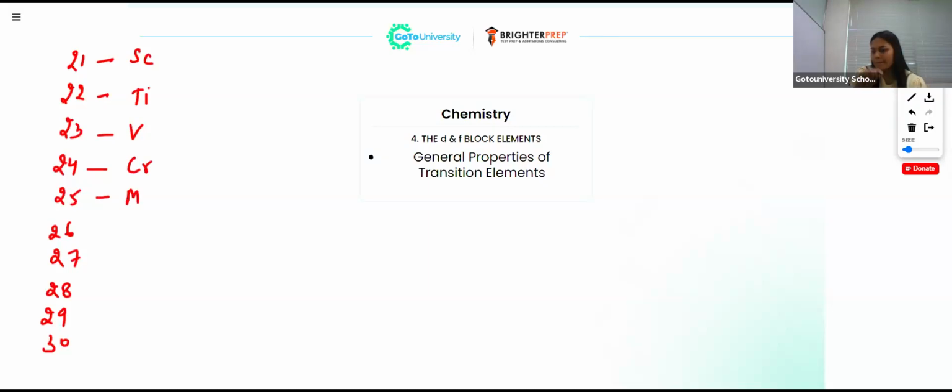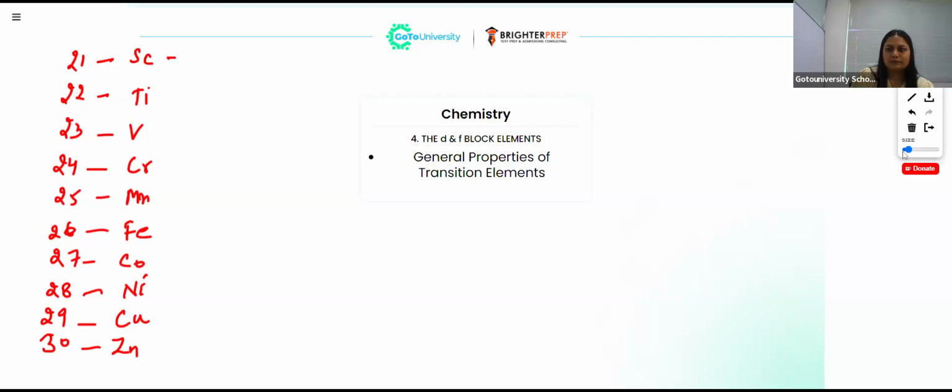25 is, excuse me, manganese. For 26 we have iron, 27 cobalt, 28 is nickel, 29 copper, and 30 is zinc. All right, if we write the configuration for them, it will be argon 18 with